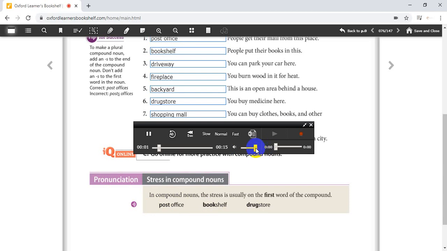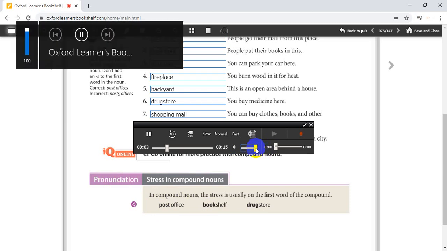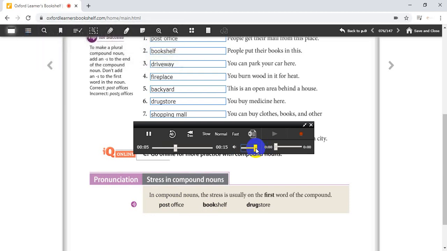Unit 5. Pronunciation. Examples. post office, bookshelf, drugstore,